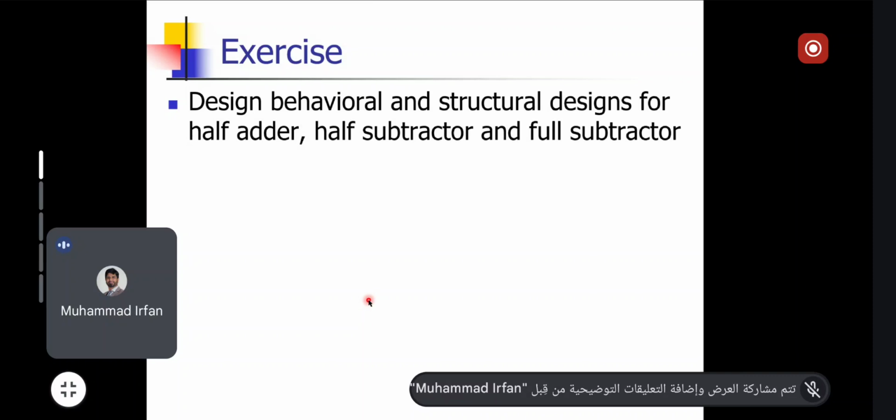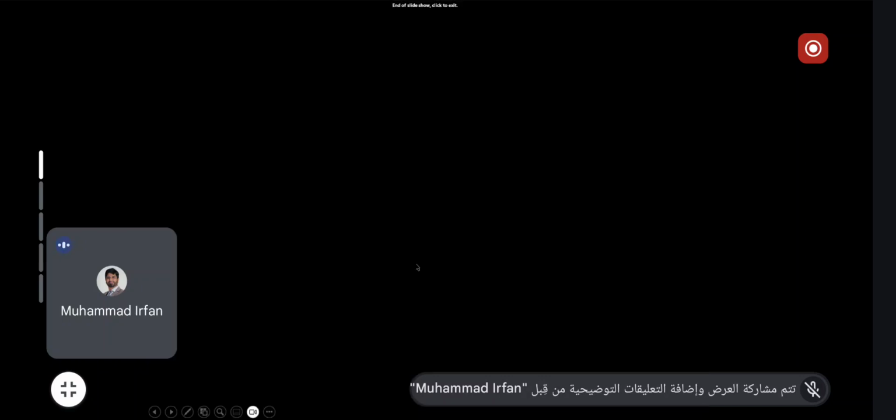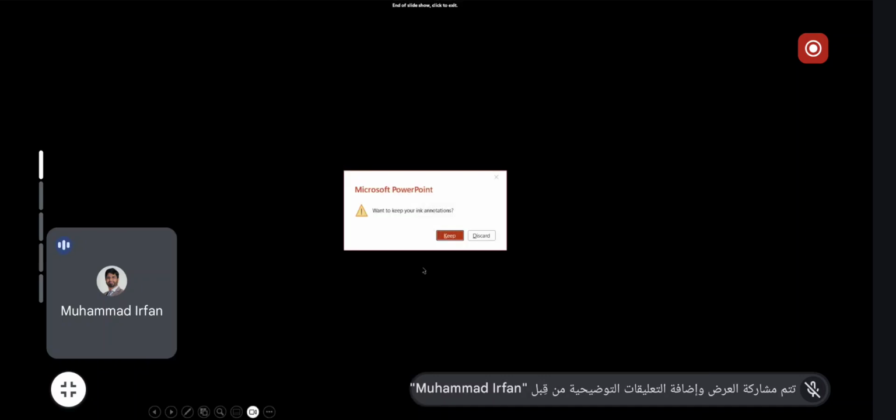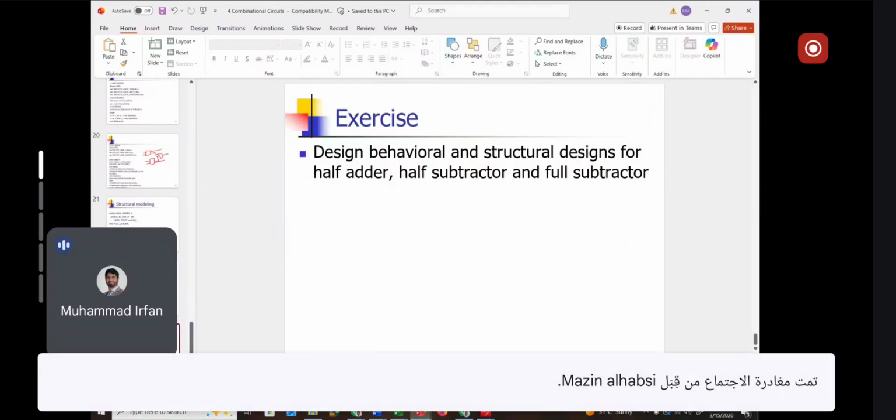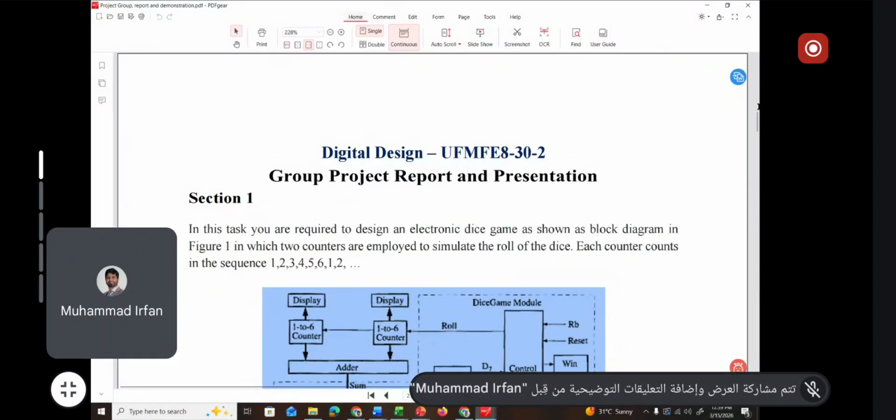So subtractors I haven't discussed in this lecture, but I want you to go through the subtractor logic and design it in VHDL using the structural design as well as the behavioral design. At the end, on the performance, there is no difference, because these are different methods of implementing the circuits. All right. So this was the lecture, and now I move further to the important aspect,